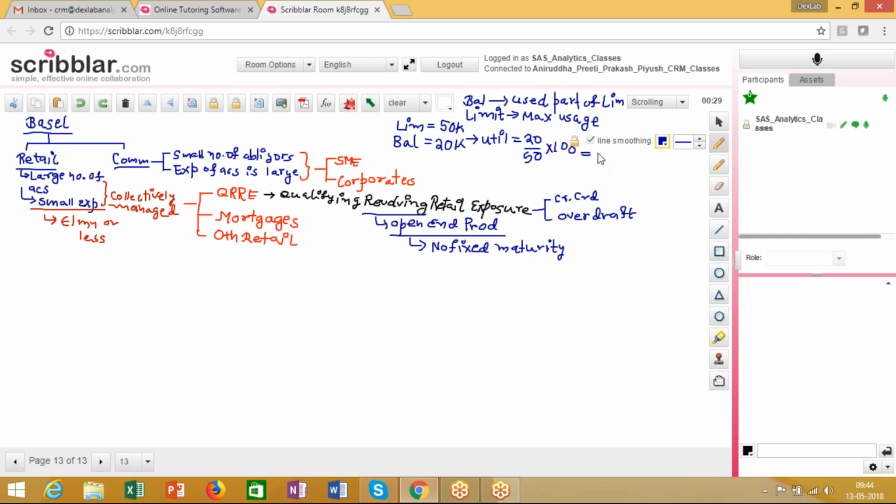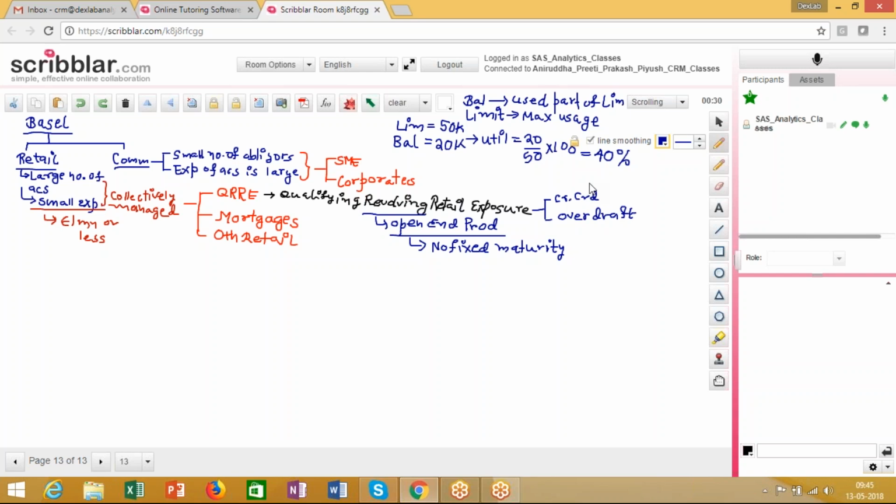Therefore, the balance that you get to see is a billing feature. It's a feature of the credit card bill, and balance outstanding simply means that this is the amount which the person has used. This is the amount which is outstanding on the card as of this month. So this is what the limit is all about, and this is what we have used, so this is what utilization is.